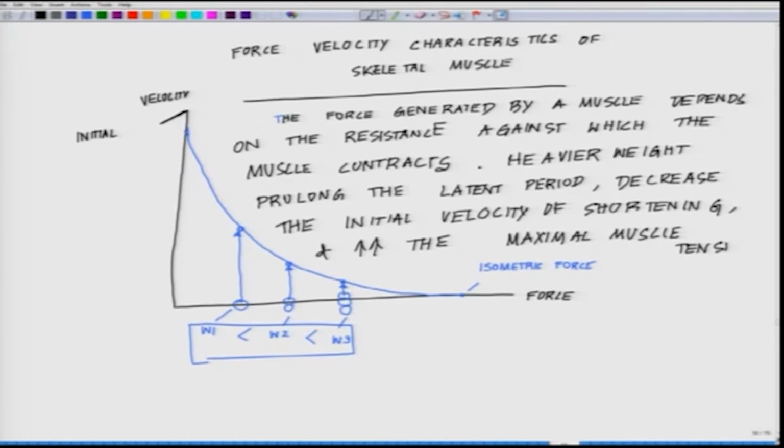As you can see here, look at this part of the graph,